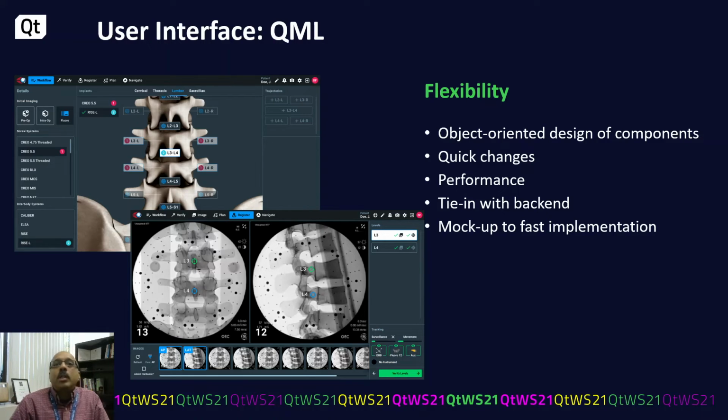Lastly, even if this implementation is quick, we wanted something even simpler. So we could use a mockup on sketch.io, and we could show these mockups to our prospective users, to our surgeons, get their feedback, and modify the mockup as needed. And I believe now the mockup has an ability to directly create QML code. So again, all very handy, very useful.